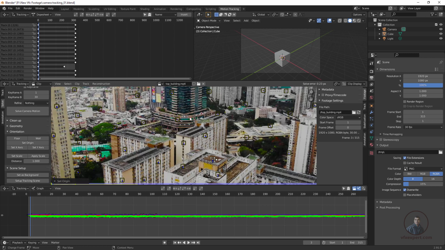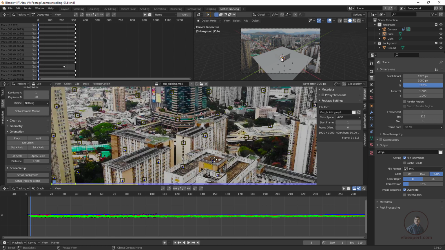Now after this we have to click on set as background. It will set this footage in your image plane, and it will display this footage in your camera view. So we have to set it here. Now click on set as background. So now you can see, there is actually our 3D view, and even you can see this is our camera view here. Actually this is the 3D view, but now you are inside our camera view. Then finally after this we have to click on set tracking scene.